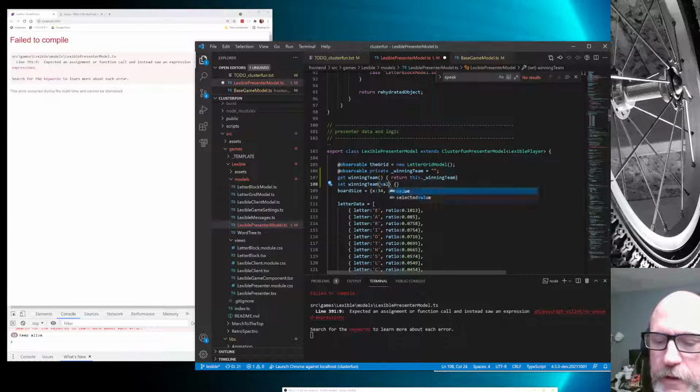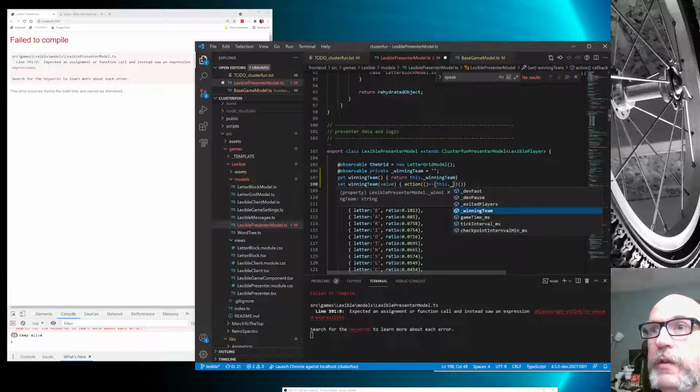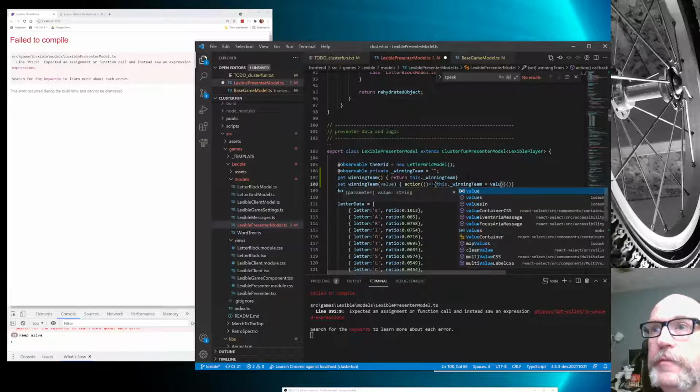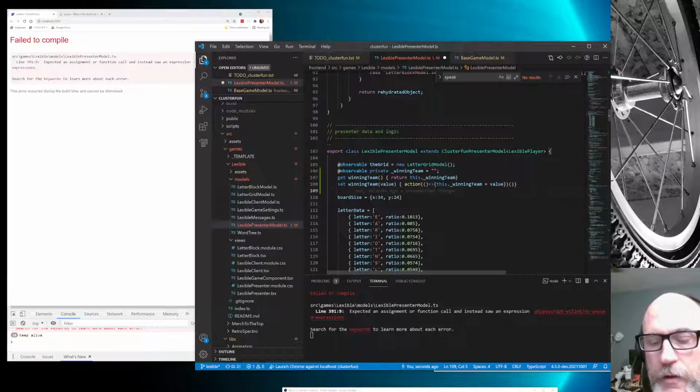See, I'm being lazy. Look how lazy I'm being. Value. And then you do this inside an action because it's MobX. This is the way you do it. Action: this.winningTeam is equal to value. There we go. I just hate typing this boilerplate crap, and that's why I should really make a